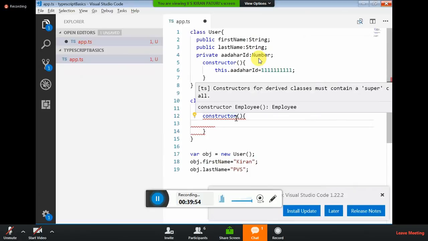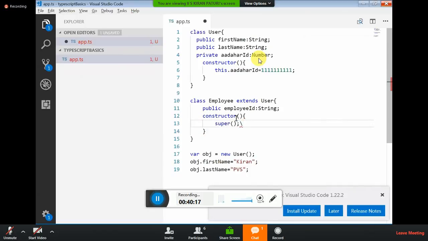What is it saying? Constructor for derived classes must contain a super call. So if you're planning to make some mistake, you will be caught. Clearly, it is saying, boss, first liner must be a super. Add the super. Done. Save it.